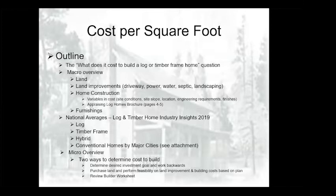It's kind of taking some of the bigger things. Of the registrants that we had for this event today, we had 22 landowners and 26 non-landowners. So we've gotten our macro overview broken out into 4 basic sections: land, land improvements, home construction, and furnishings. And I'm not going to talk about furnishings, but I'm going to talk about the big 3: land, land improvements,